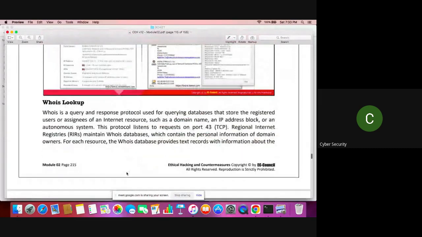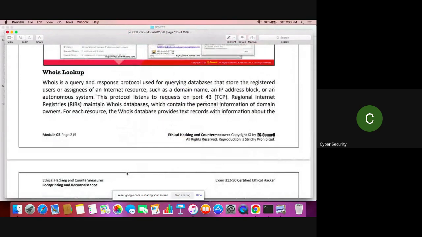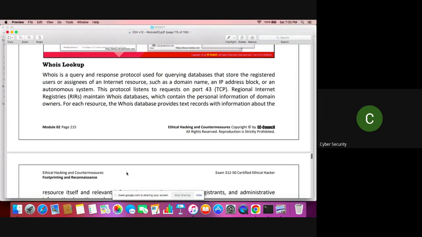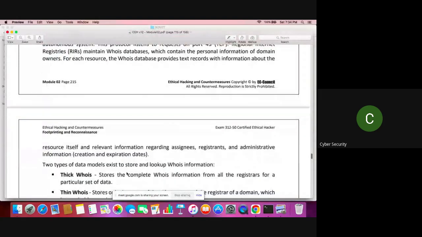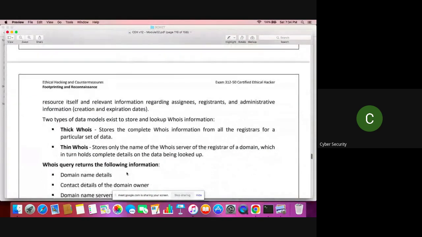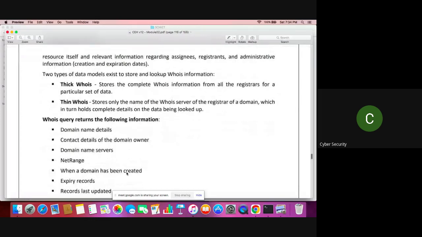So let's look at an example. Okay, WHOIS is a query and response protocol used for querying databases that store the registered users or assignees of an internet resource, such as a domain name, an IP address block, or an autonomous system. The protocol listens to requests on port 43. Regional internet registries maintain WHOIS databases which contain the personal information of domain owners. For each resource, the WHOIS database provides text records with information about the resource itself and relevant information regarding assignments,